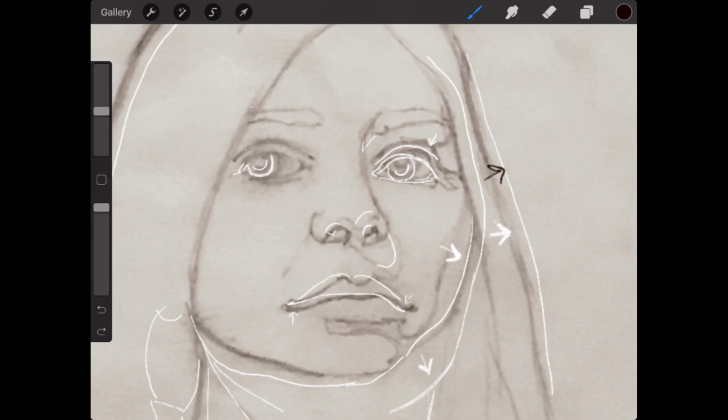So you could see where the edge of her nose lines up with the eye, you can see where the mouth lines up with the eye, and it just helps you to make sure the features are all relating to one another correctly. Like you could see, it doesn't always line up perfectly with the same spot because perspective changes, but you could just see what's happening in the photo and then compare what's happening in your drawing.